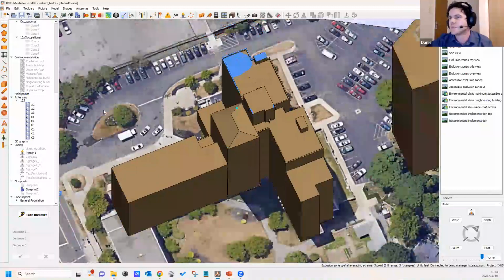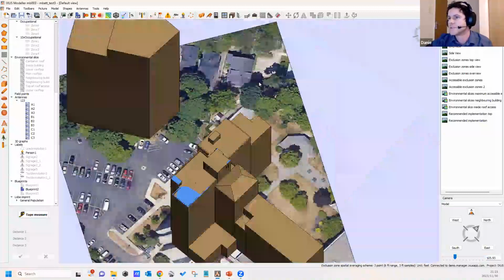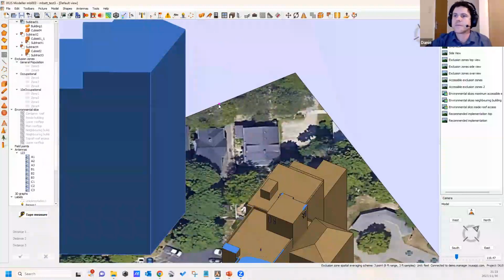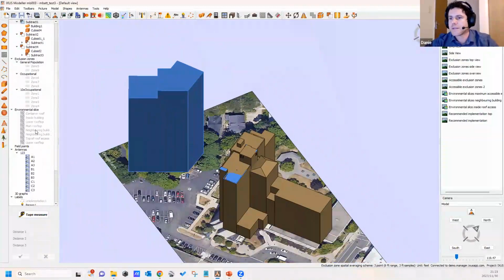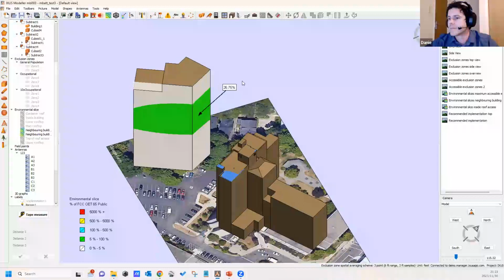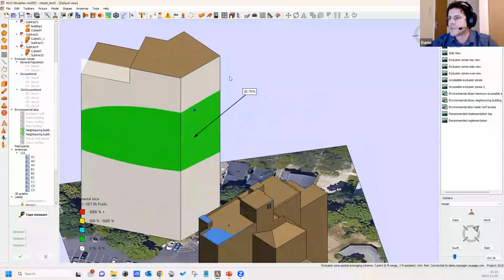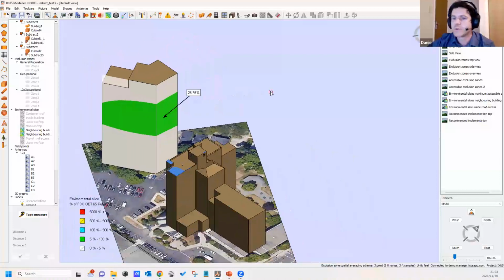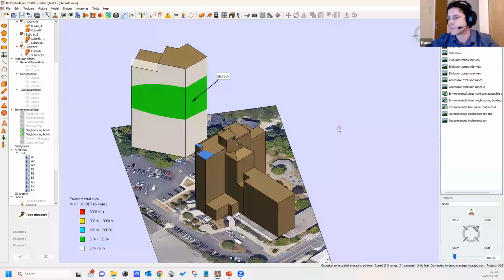So the next thing that we might want to do is then, as I mentioned, the points of interest. So over here we have the neighboring building that we can add environmental slices to. And that then established that the exposure on these buildings is 26.75%. So as I mentioned, you probably would not need to do this analysis. But when there is public perception involved, often they would not simply be happy with the answer of yes, you are compliant or you're not being overexposed,